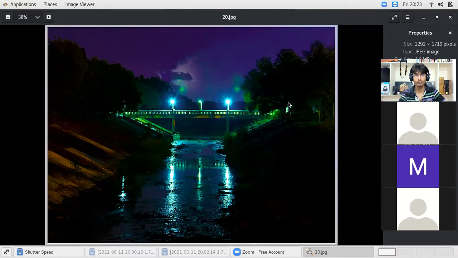So for that, what do we have to use? We have to use a slower shutter speed, something like 1/2 second, or if that is not enough, then we can go for 1 second, 2 seconds, 3 seconds, 8 seconds, which is called long exposure or longer exposure, to get a photo like this.